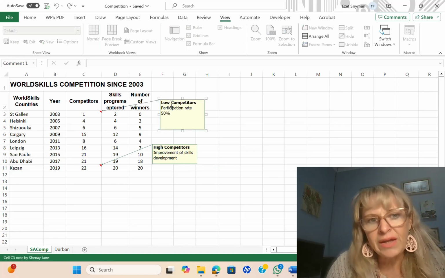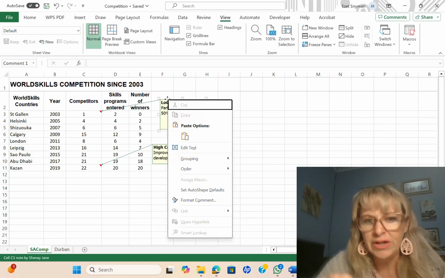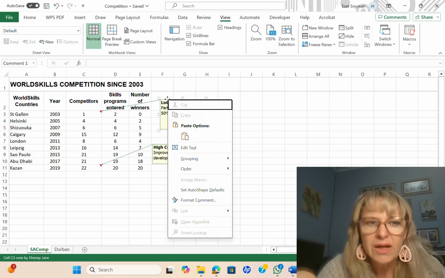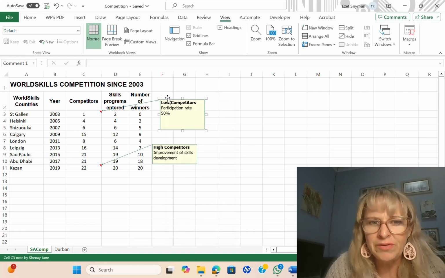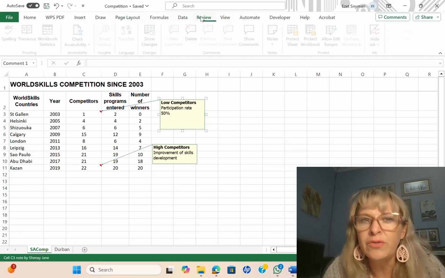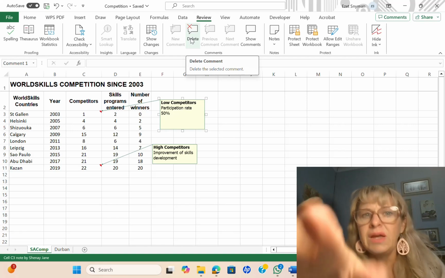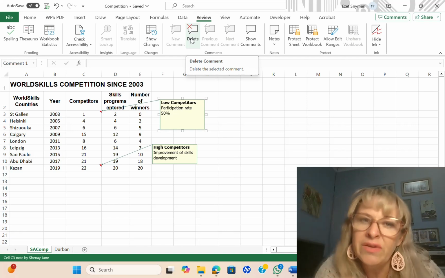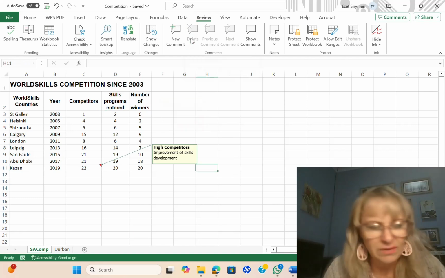Okay, so I change that, and then in C3 they want you to delete the comment in C3. So if you click on it, then if you right click, there's no delete option there, but let me just see here, is it now View? I need to go to Review. Then on the Review tab, in the comments box, there's a delete comment option there. Then you delete the comment.